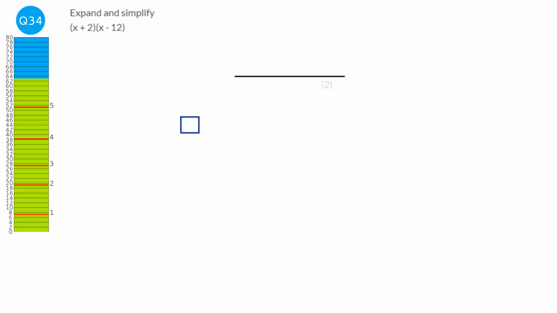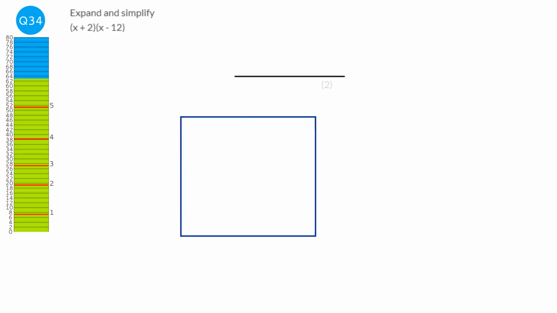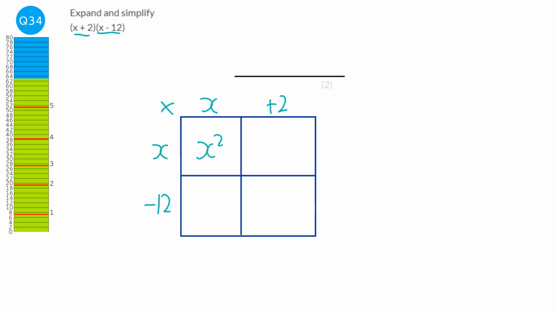I'm going to start by doing a multiplication grid, and we're going to be multiplying the algebra together. So we're going to do the x plus 2 at the top, and then the x and the minus 12 down the side. Multiply them together, so x times x is x squared, x times 2 is plus 2x, x times minus 12 is minus 12x, and then minus 12 times positive 2 will be minus 24. Put the terms together,